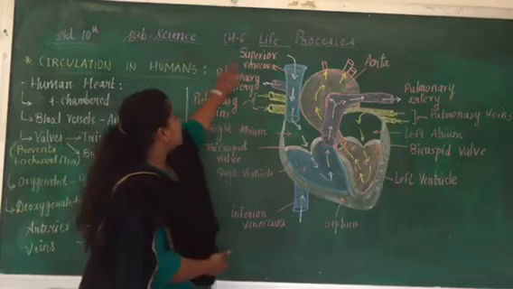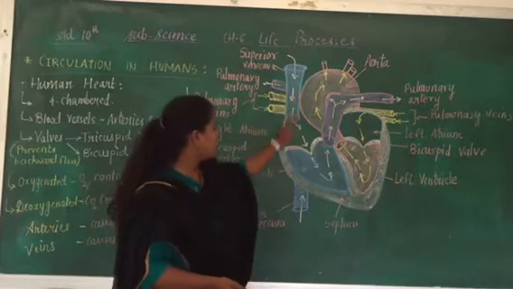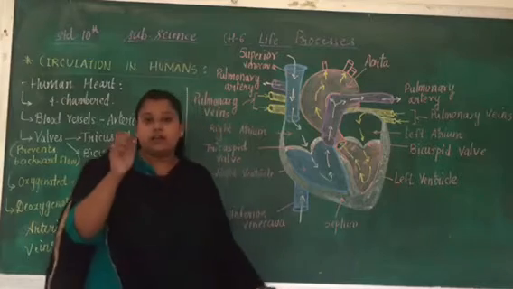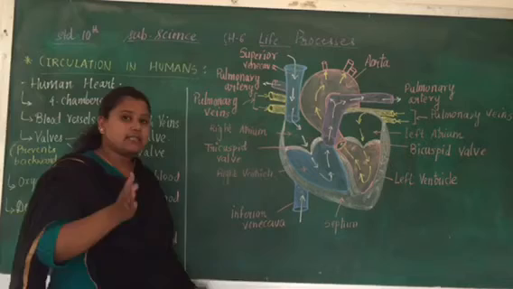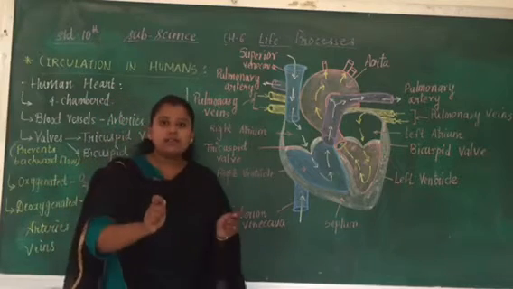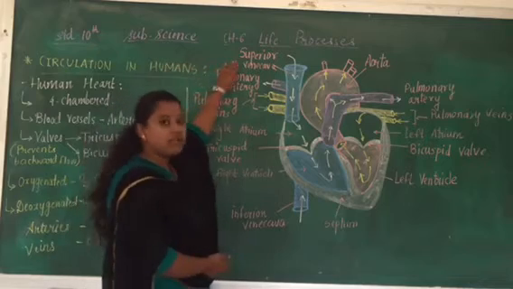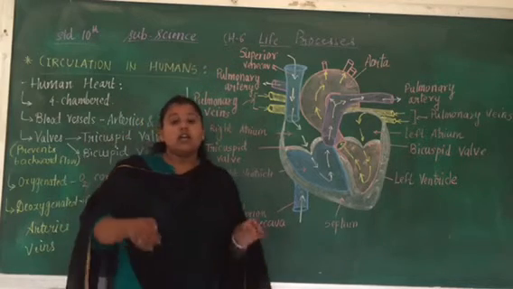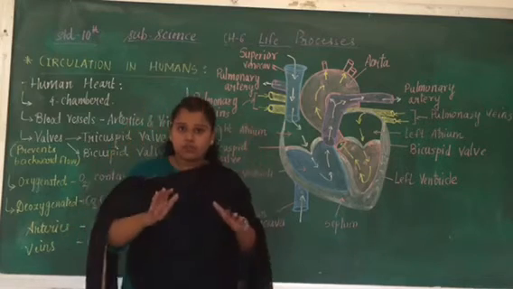Now, starting with the superior vena cava and the inferior vena cava, I have drawn them with a blue colored chalk because it depicts that the blood is impure. That means the blood is containing what? CO2, and that CO2 needs to be ejected out. So first of all, the superior vena cava and the inferior vena cava collect the impure blood, the superior vena cava from the upper portion or the upper body.